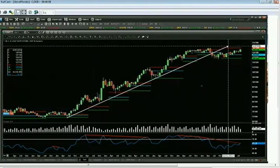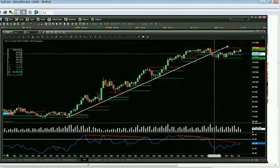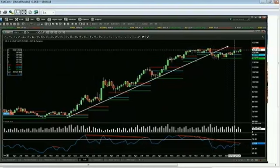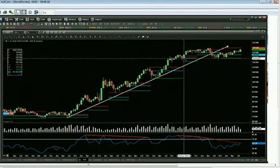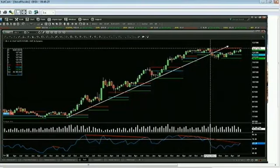Oops, didn't mean to do that. There we go. So you can see it was broken back here the month of June 2013. And what we have going on right now has basically been a consolidation. So on a monthly chart, this has been consolidating for over a year from April of 2012. That is the bottom of the consolidation. The top of the consolidation is where price is likely headed to, which is that 127.24,